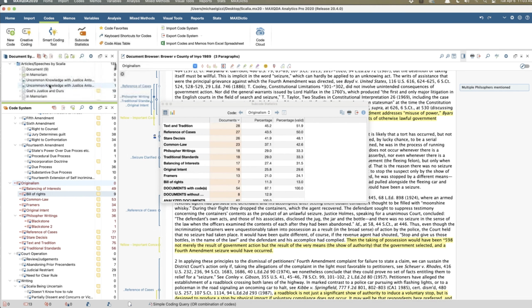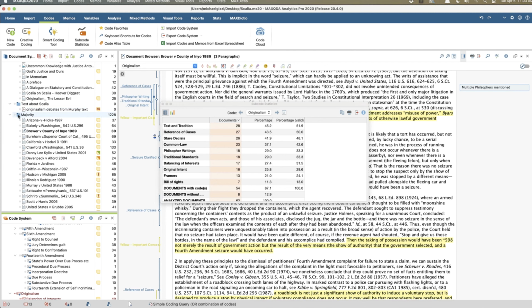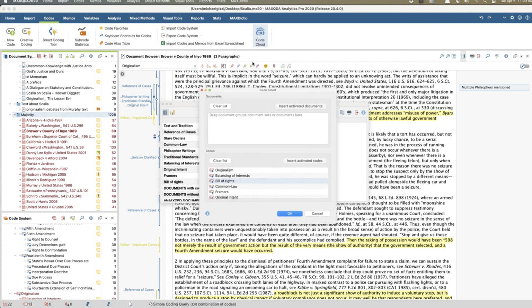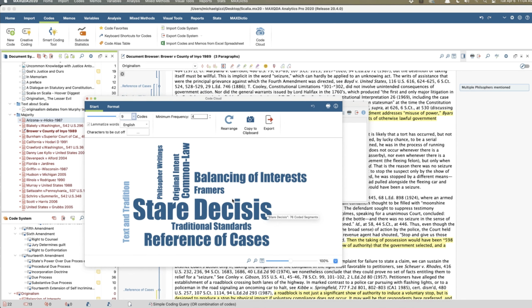Let's say I take his majority opinions. It's doing it based on those codes in the majority opinions.